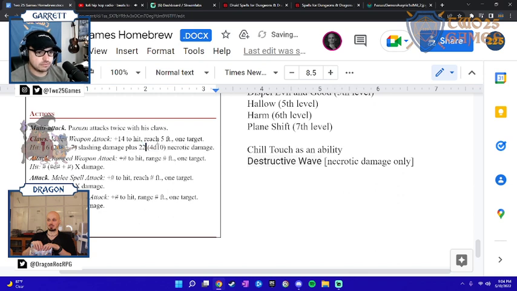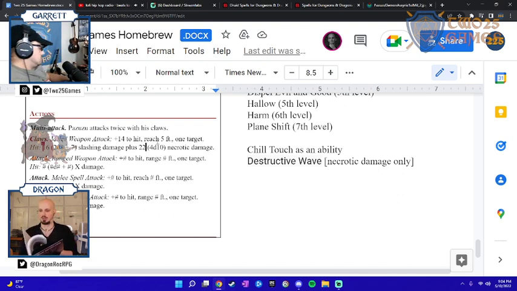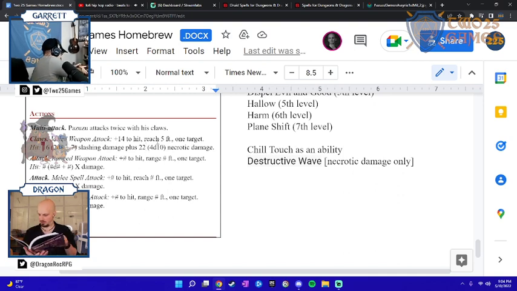So 22. Yeah, I think that feels right to me. 8 point. Yep. And actually, this is where we can do a thing. Again, I told you that this is not actually the best thing ever, but using the Monster Manual, there is a make your own monsters section, correct? Yeah. And in the Dungeon Master's Guide? Yeah, in the DMG, there is a make your own monsters, and we're looking at pages